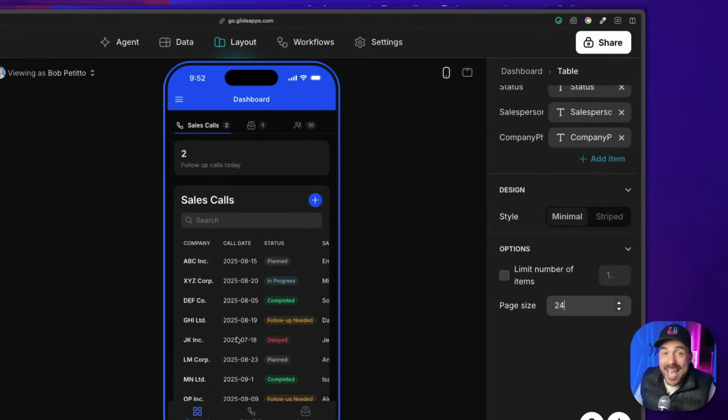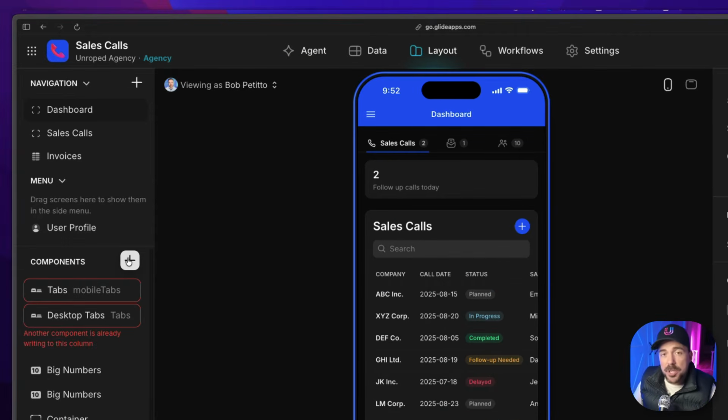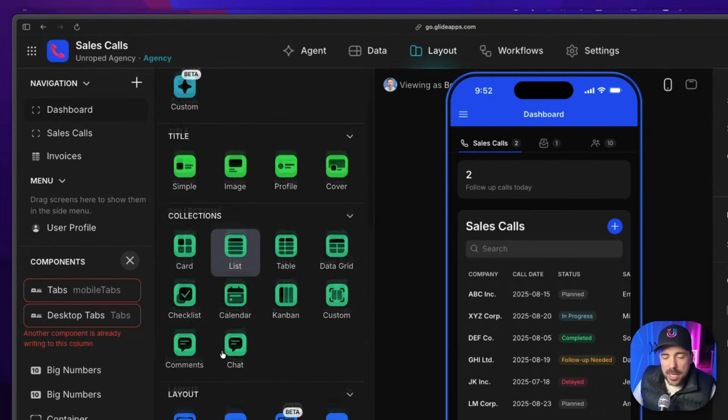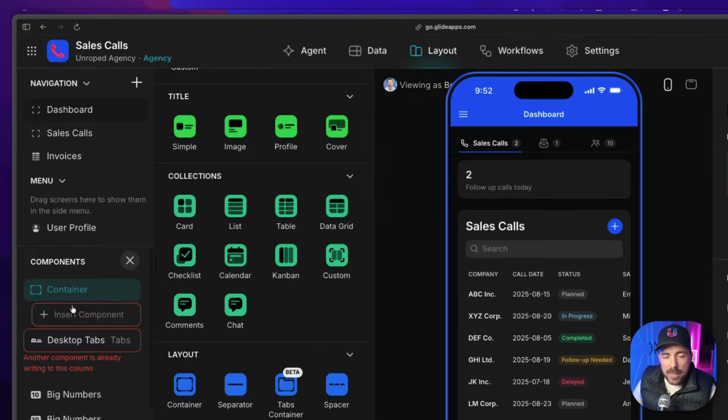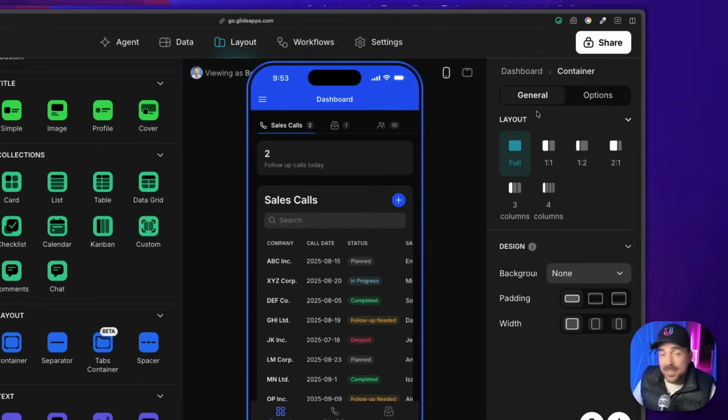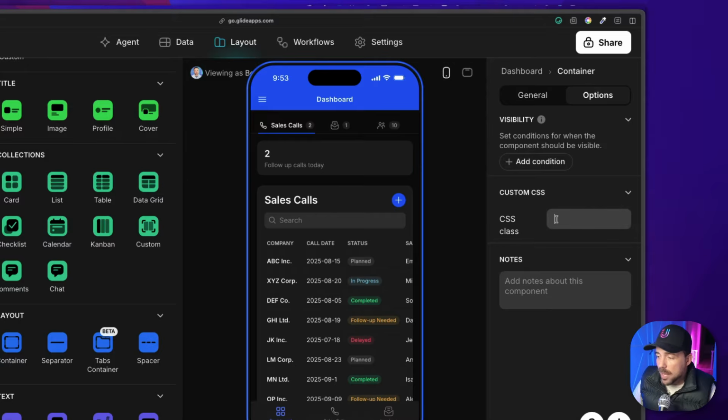And here's how you can make any component sticky, in this case, our tabs component. What you do is you first throw those items into a container. So I'm going to go ahead and add a new container to the top of my screen. I'm going to bring my tab components into that container. Okay, and then in my container, I'm going to set a CSS class. And I usually just call it like sticky header or sticky container or sticky tabs or whatever you want to call it. Okay, I'm going to copy this, head back to settings,